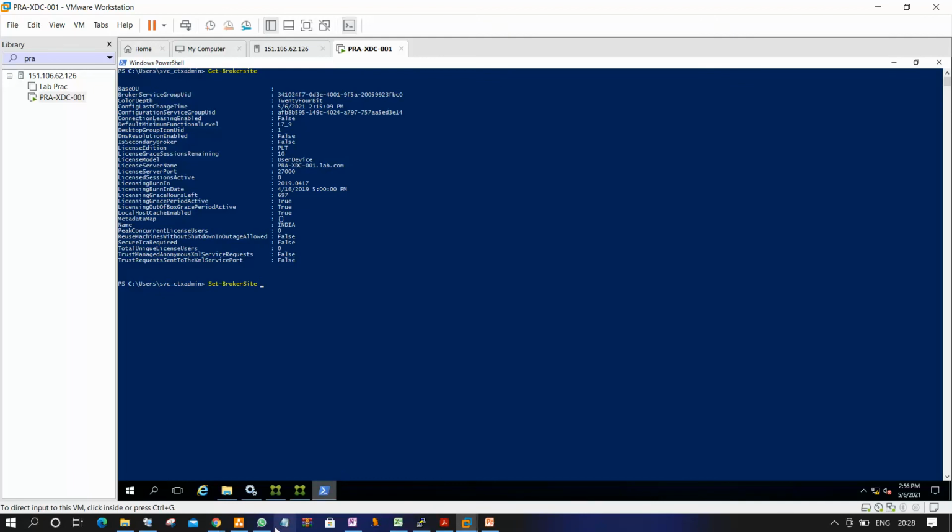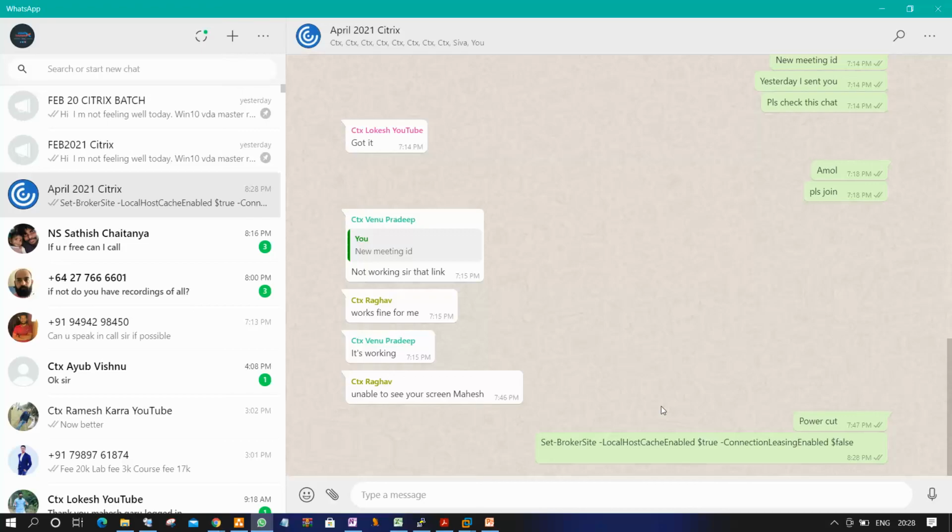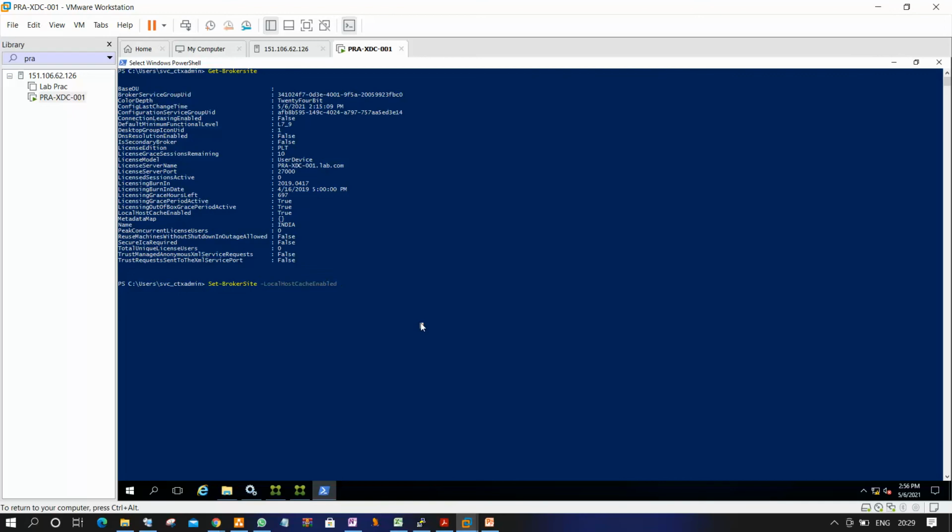So Set-BrokerSite -LocalHostCacheEnabled. What do we need to do to enable? It's already enabled now, so we have to give $true to enable. False means disable. Next, -ConnectionLeasingEnabled $true. True means enabled. Hit enter.